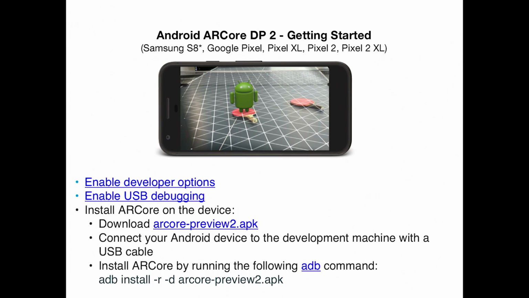So right now, you need these devices, and you also need to install an APK file that Google can update easily. If everything was in your app, the framework, then users would have to update it constantly. So this is the side-loaded ARCore preview APK, which does a lot of the tracking, lighting, a lot of the underlying work, and then your application handles hooks to those APIs.